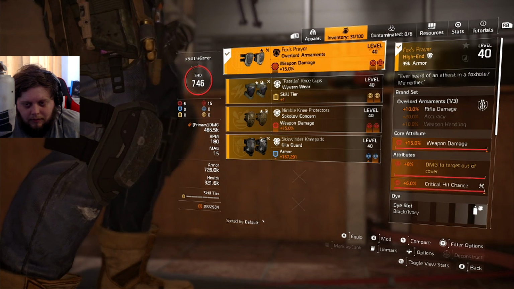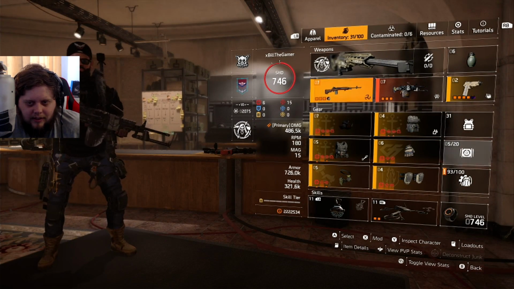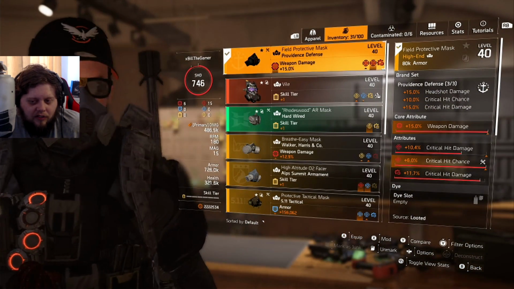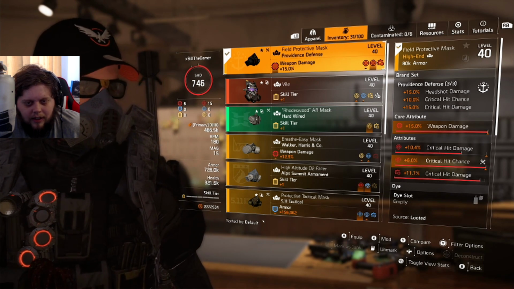Then we've luckily managed to find them with the maxed weapon damage, so I've recalibrated the crit chance onto them. So that's all of the pieces in the build. You're wanting to, like with a DPS build in general, focus on crit chance and crit damage. Obviously you can put headshot damage in there, but I wouldn't say it's as beneficial because a crit is going